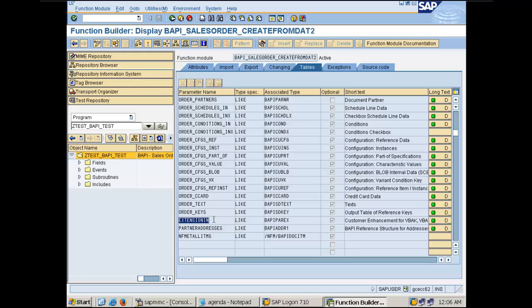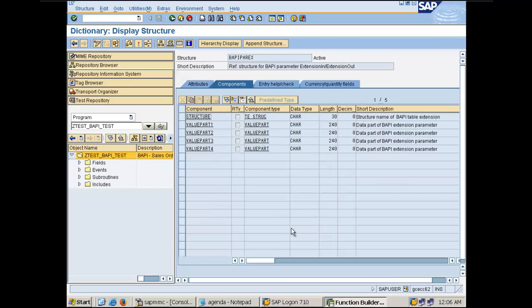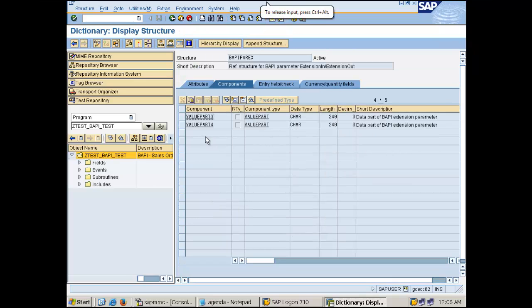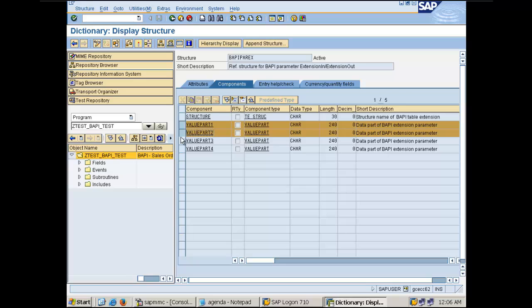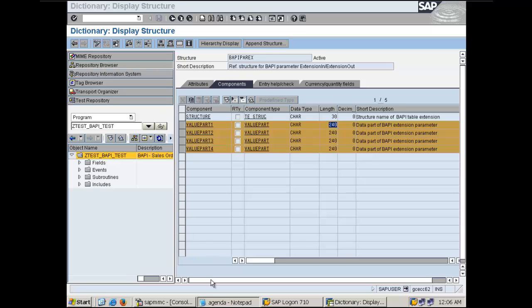The function of this standard extension table is to take care of those custom fields which were extended in the standard transaction, like my test material. If I come here, I can see that the type of this is BAPI PAREX. This one will take the structure name. This is the value part 1, part 2, part 3, part 4. So what I need to do, for example, I have